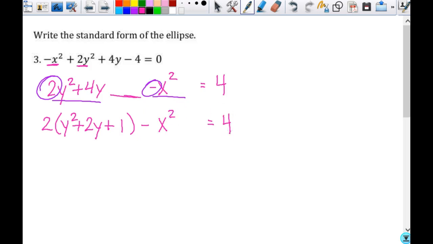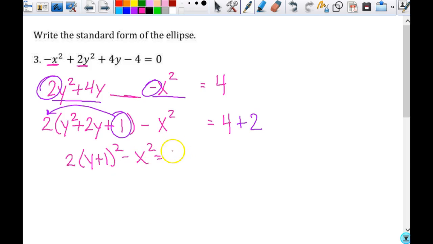Here's what wasn't happening with some of you. When you complete the square, you have to balance your equation. So whatever you add over here, you have to add over there. But in this case, I'm not just adding 1. I have to take that 1 and multiply it by 2, so I'm really adding 2 over there. Does that make sense to you? Be careful with that. And then this, so that gives me 2 times y plus 1 squared minus x squared